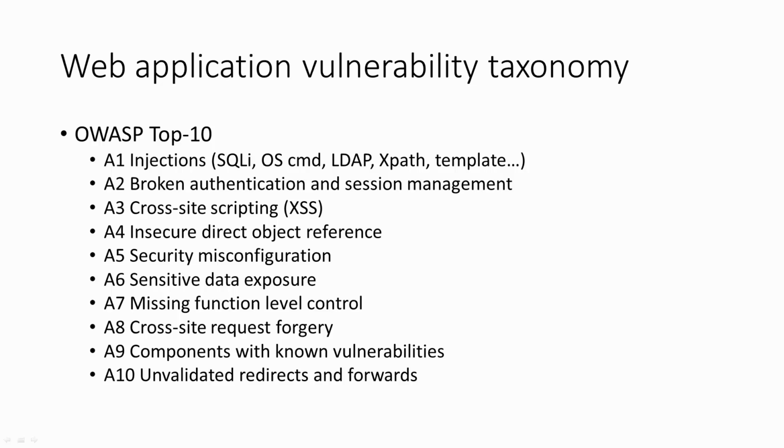So if you somehow can manipulate the input that the web application uses to form those forward and redirect URLs, that's the unvalidated redirects and forwards vulnerability by definition. So if you can influence where you will be redirected for further processing,